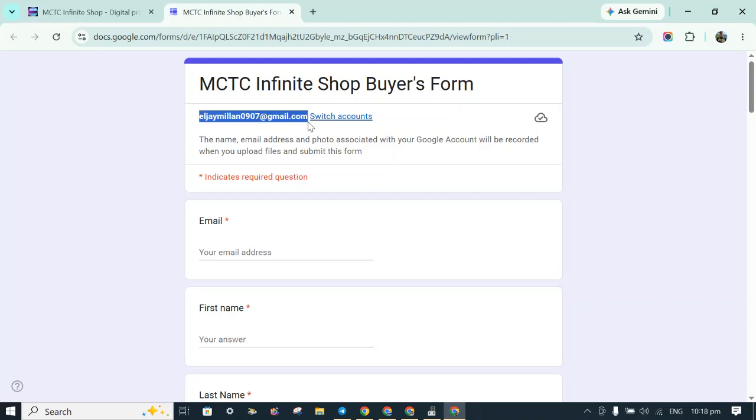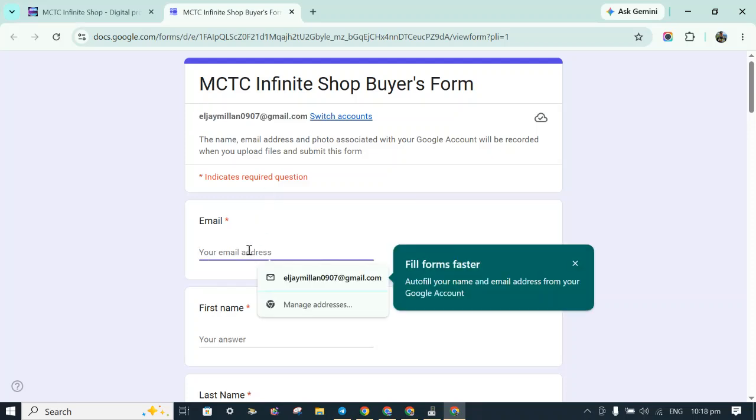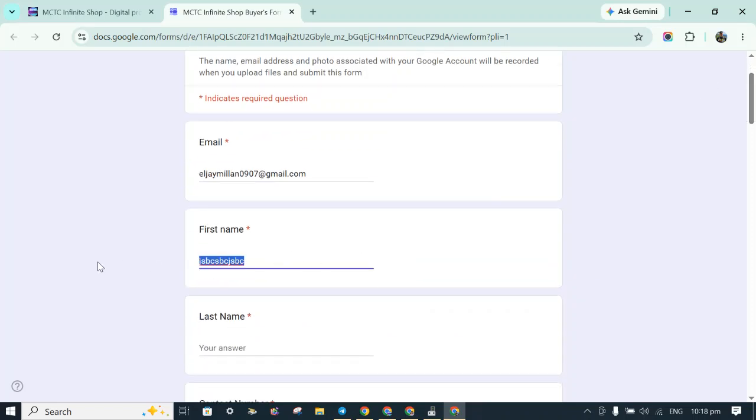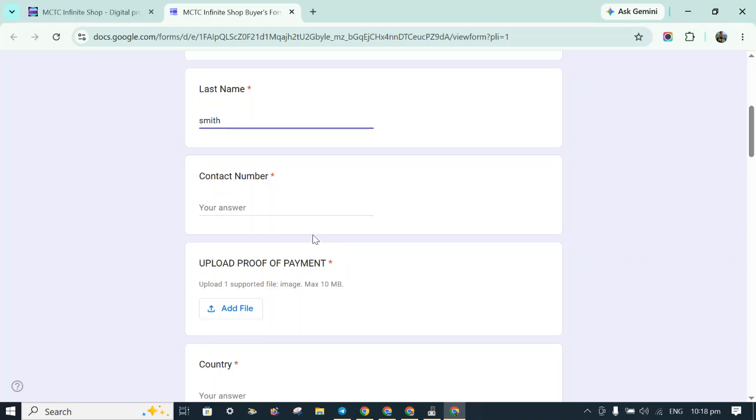And then he's just gonna fill up the form. There you go. And then name. Let's say James. His last name is Smith. So contact number 09123456789.